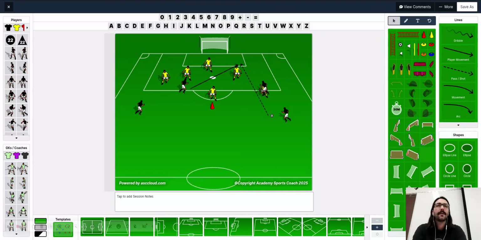So you're giving them that advantage. You're making it a little more even. You're giving them certain things, but you're trying to recreate what you'd like to see in that situation in the drill. Hey, we're down a man. We can't hold on to the ball as much. There's not going to be as much support, so we're going to move the ball a little more quickly. Maybe that's something you want to see when you're down a man.